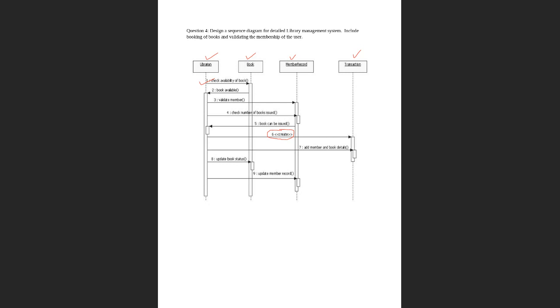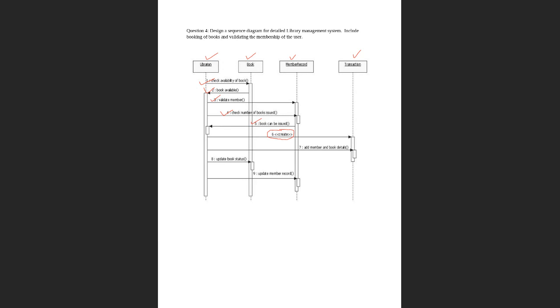So that's why message 3 is sent to the member record, to validate that the student is really a student or not. In step number 3, you are verifying that the student is the correct student. After validating, it sends one more message, to check the number of books issued. Even if it is the correct student, he cannot be given more than 3 books. We are checking the number of books issued to this student. A self activation can happen here. It will check how many books have been issued. It will give that 3 books or 4 or 5 books are issued. This is the response to this.